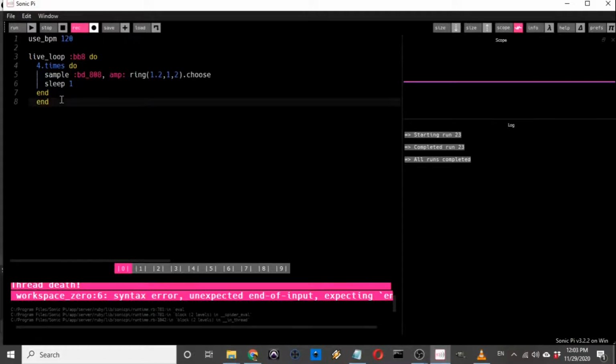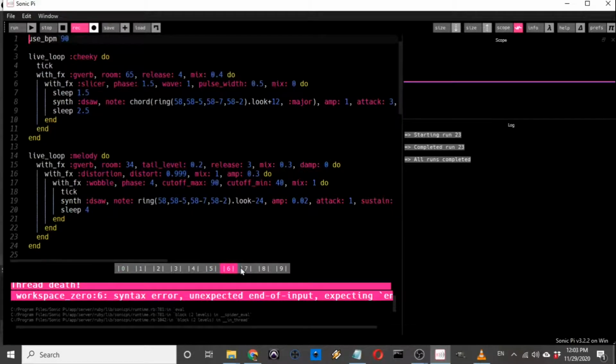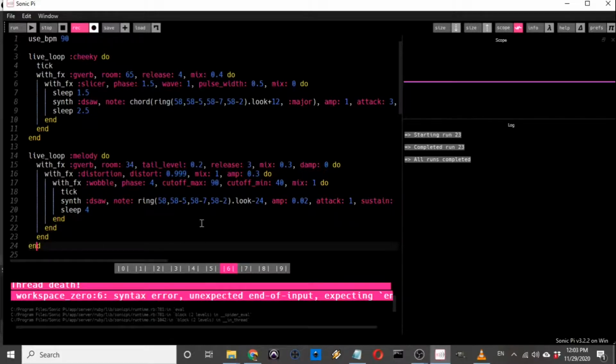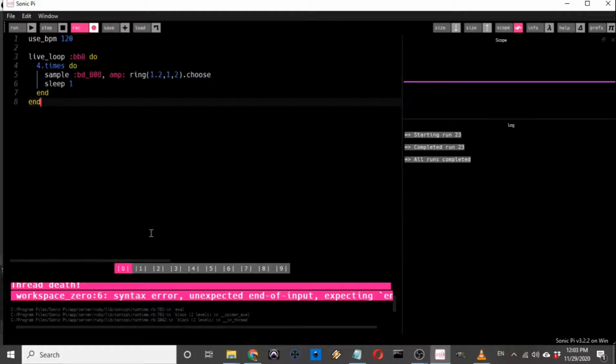This might seem so basic and like it'll never happen to you, but once you start wrapping stuff in effects, like if you look at some of my code, I've got 3 effects stacked on this one baseline. So I have to make sure of all these ends. There's one, two, three, four do's, and one, two, three, four ends. Once you start stacking effects, you will start losing track, and it's just a matter of adding it, and then you're fine. But you will run into these problems, which is really bugging.